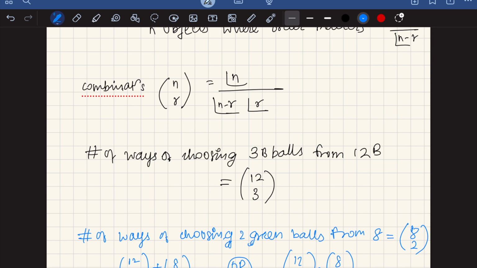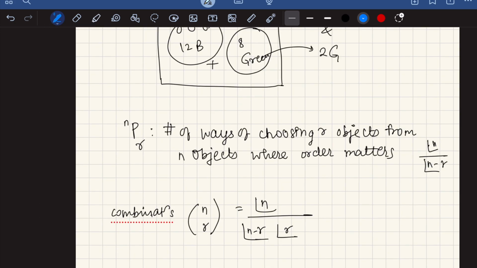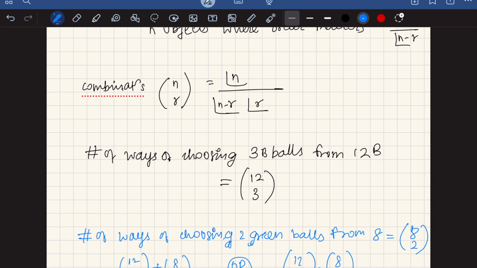Okay, so yeah, Akansha, Manasi, and Arush, all of them think you should multiply, which is correct, because you're asking, the keyword here is "and". So that means you're asking number of ways of doing this and number of ways of doing this. These are independently different possibilities. So for every possibility here, you have a possibility here. So you're going to multiply. So when you say "and", the rule is to multiply. When you say "or", the rule is to add. So in this case we are saying "and", hence you get